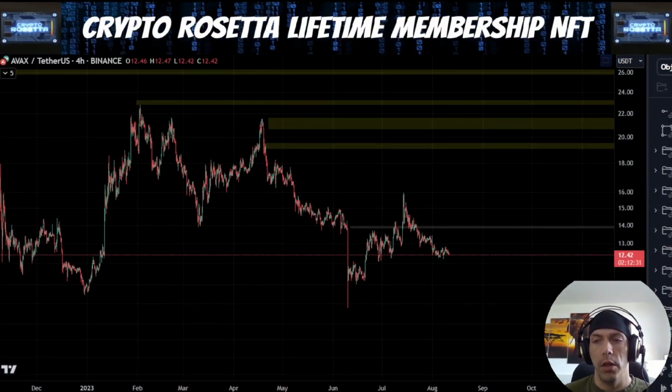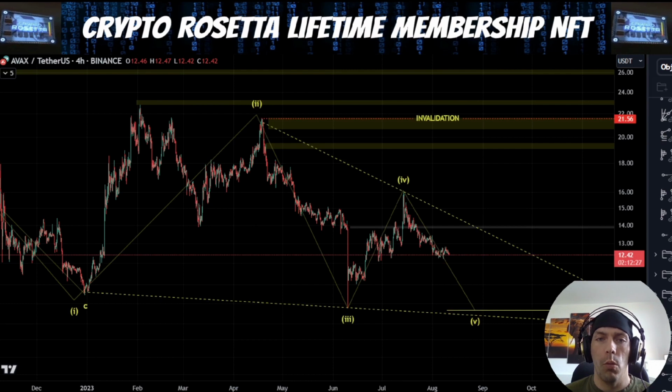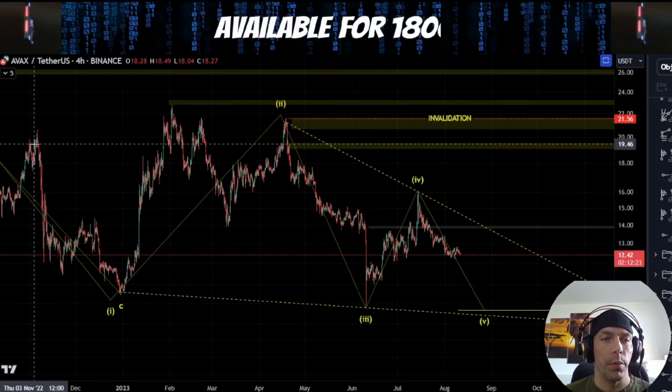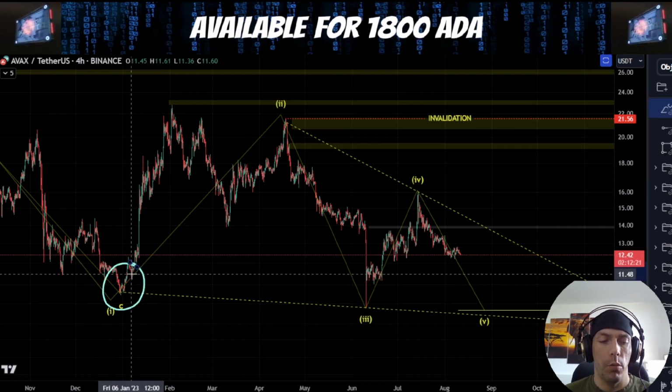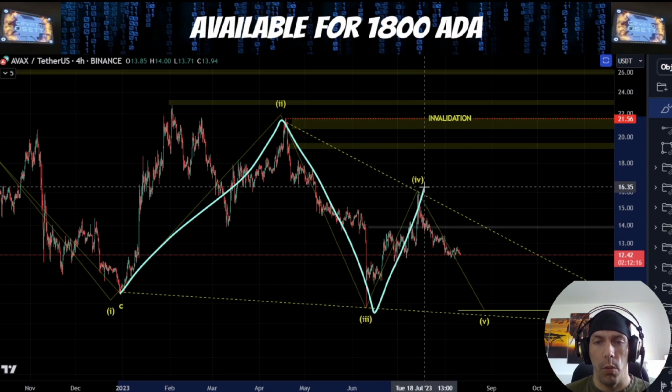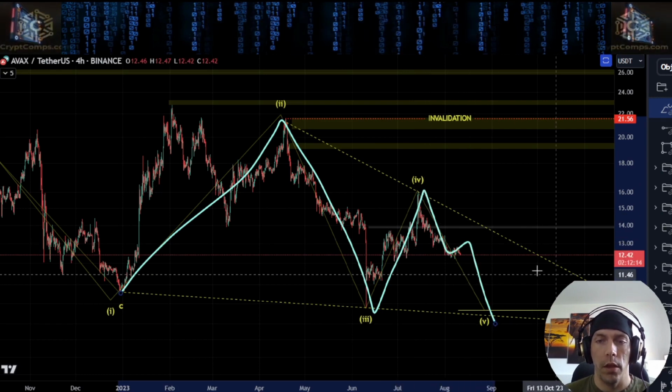Before we jump into the lower degree counts, what I want to talk about is two of the main ideas that we're looking for. One of them is that we are potentially looking at this whole structure as a diagonal from further back, where this is our wave 1 low. What we have here is that this is wave 2, looking at this as 3, 4, and what we're looking for is the potential to see another 3 wave move